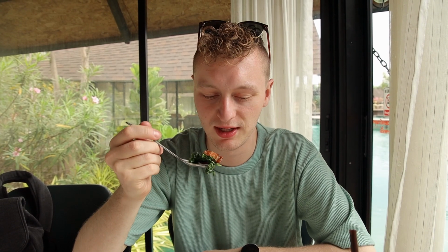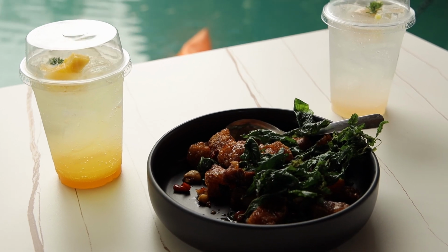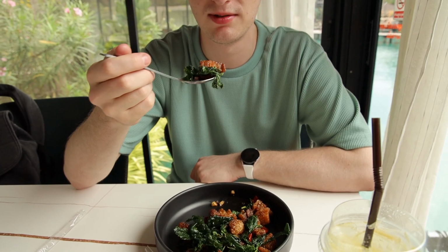Okay, so we have a ton of food to eat today. This is like our main food day for Bangkok. So we're not gonna eat that much, but we did get a little something. This is some crispy, I think, fried pork, and I think this is kale. Hold on, I just...